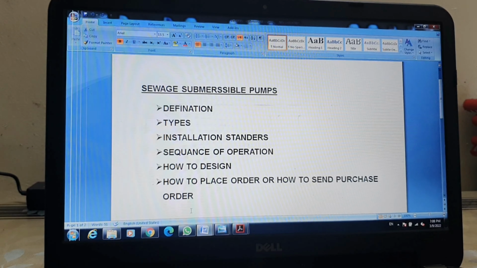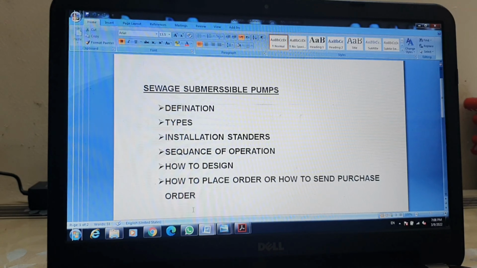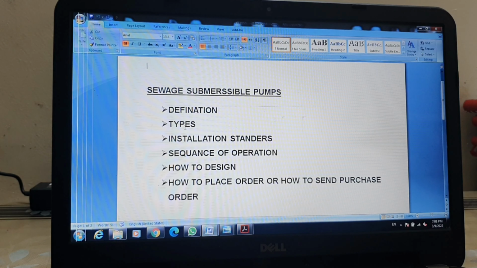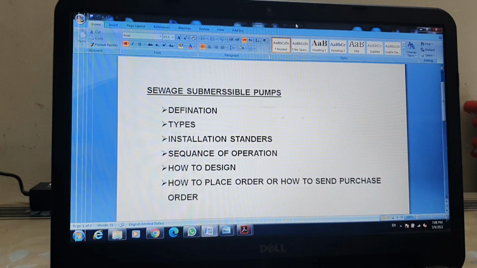As we discussed in the last session regarding sewage submersible pumps, we already discussed the points: definition, type, installation, and standard. Today we are going to discuss the sequence of operation, how to design, and how to place the order. Friends,